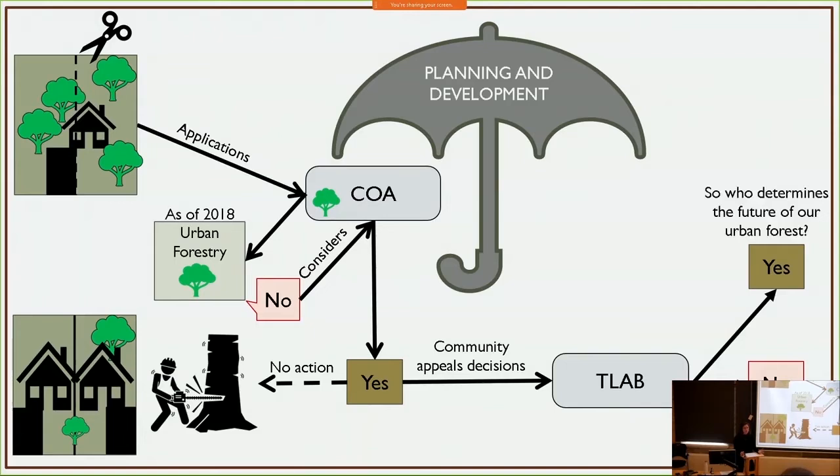And if they do decide to still go through after all these steps have been taken, we really have to ask ourselves, who's determining the future of our urban forest? The definitive decision given this system is that it's dictated by the COA or TLAB members appointed by City Council. COA members aren't required to have knowledge of urban forestry and environmental planning. The reliance is on the input that's provided from urban forestry in the process. And the COA gets 1 day of training on everything they need to know to fulfill their roles. And the information that they receive is obviously not just limited to urban forestry. And there's no subsequent assessment to evaluate how much of the training results in any knowledge transfer.